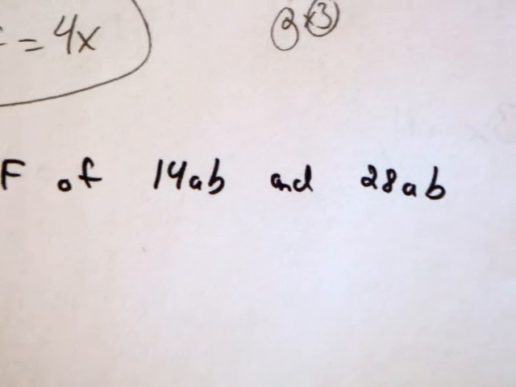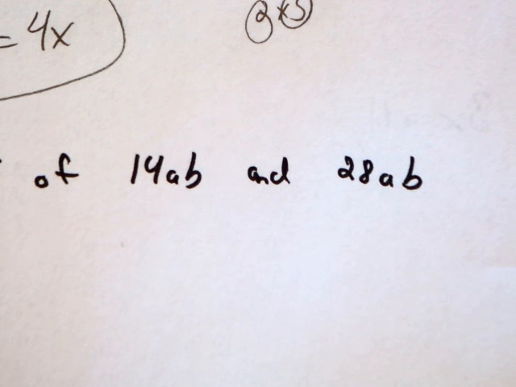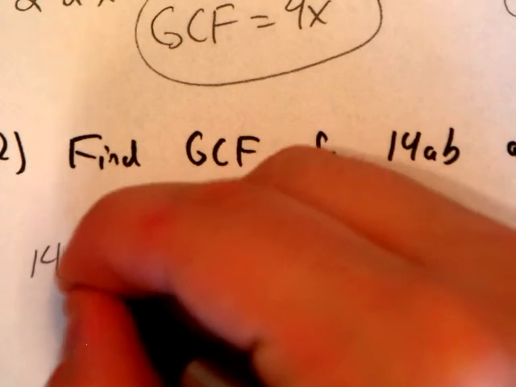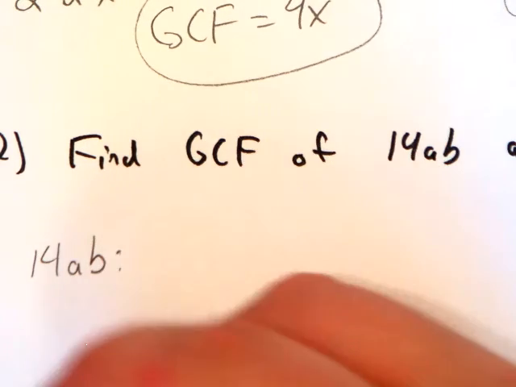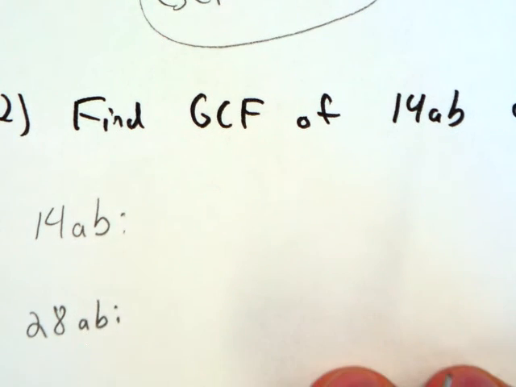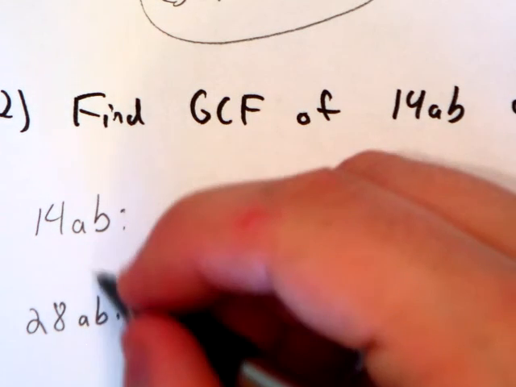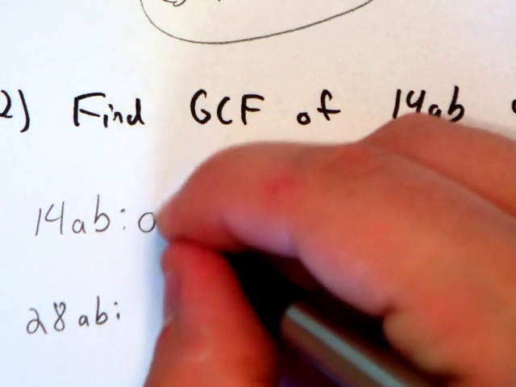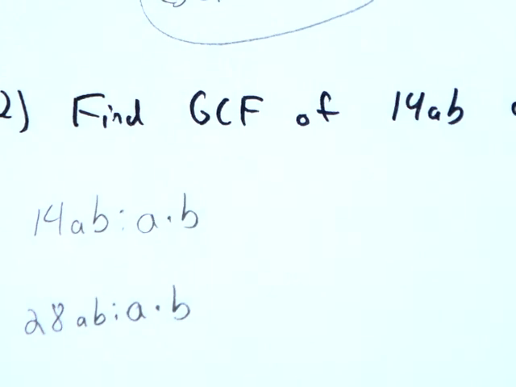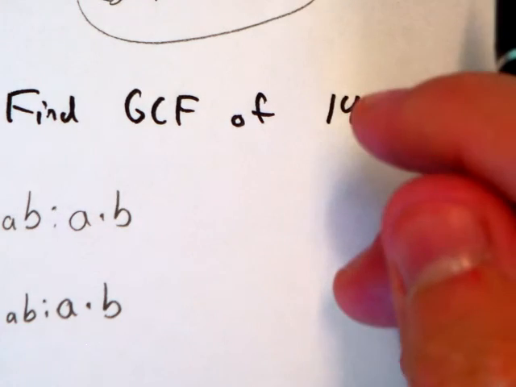Example 2, finding the greatest common factor of 14ab and 28ab. So I'm going to write down 14ab, 28ab. Now I keep the variables over here, so a and b, a and b, and I look at just